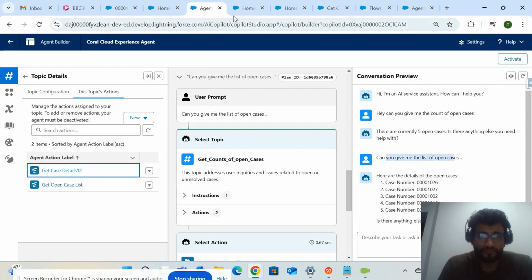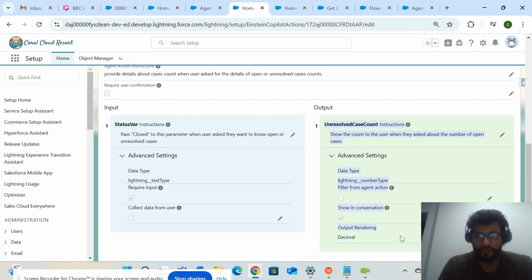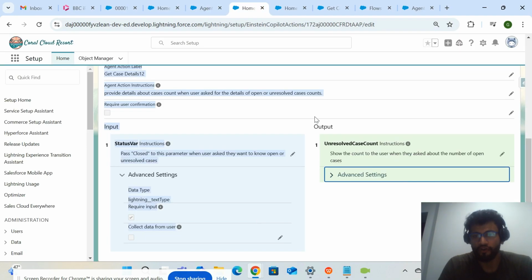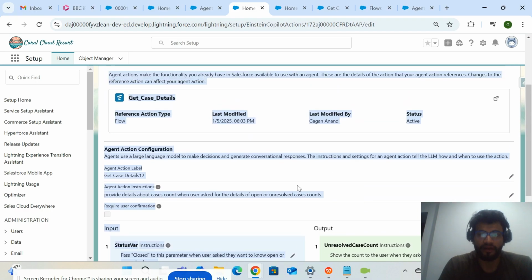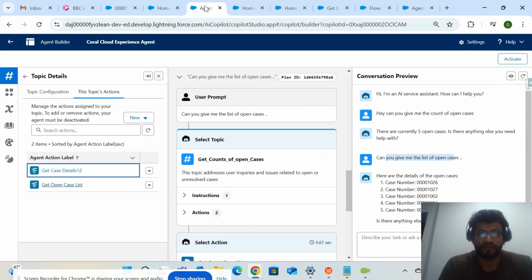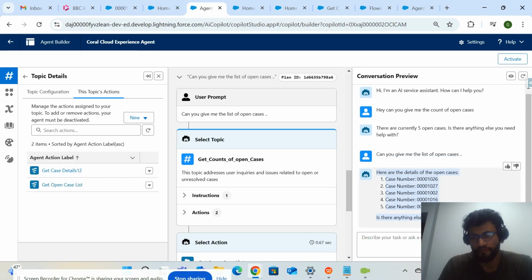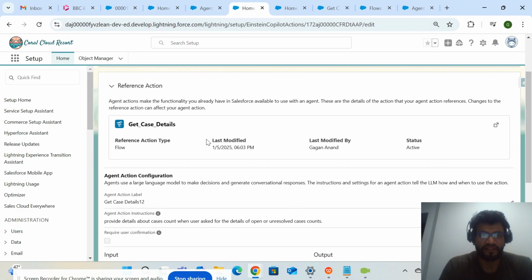preview. Now how is this output coming? We provide the input and we get the output, and whatever output we get, it pops up over this conversation preview window. So how is this action actually working? This action is nothing but a Lightning flow. You can add an Apex class as well. So if I open this Lightning flow,